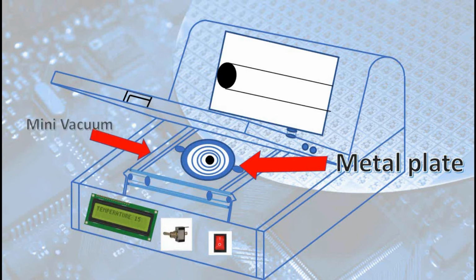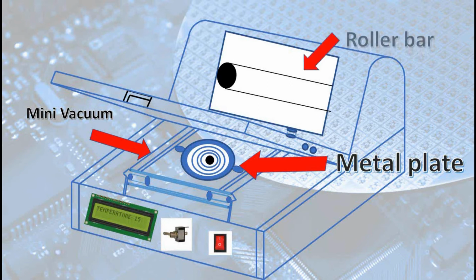And then we have a mini vacuum inside the chamber. The size of the mini vacuum must fit inside the chamber. And then we have the roller bar. The roller bar is made of steel bar, to make sure that it doesn't break if we pull the mounting tape at strong wind. As you know, the mounting tape is quite adhesive, so pulling it might break if it was